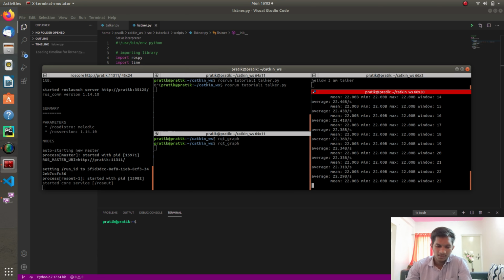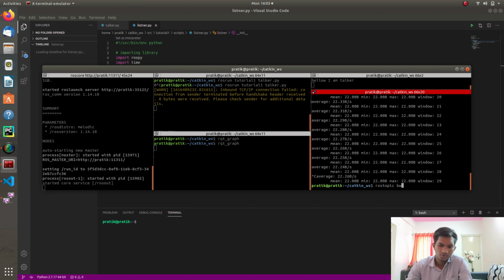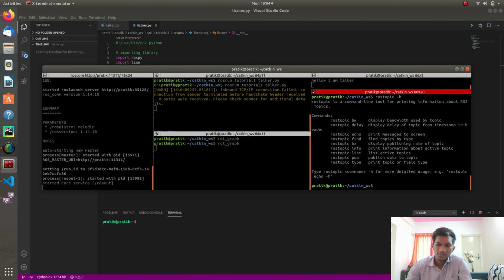Now for the second command, I'll press Control C and check the next one. I'll do rostopic -h again and check what there is: delay, or echo, which prints messages to the screen. There is no need for echo here. Yes, hz is very important.